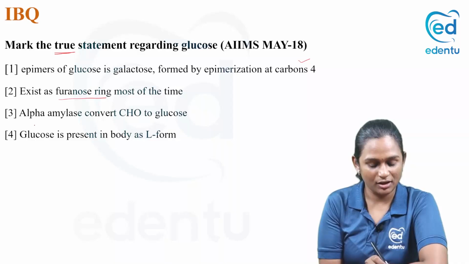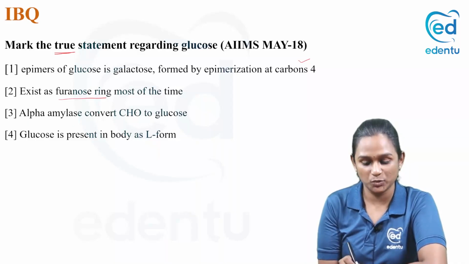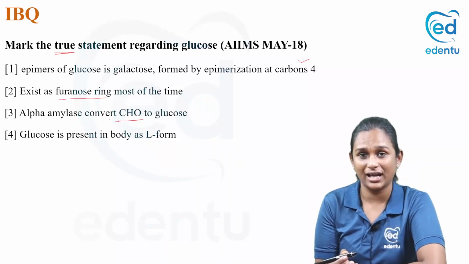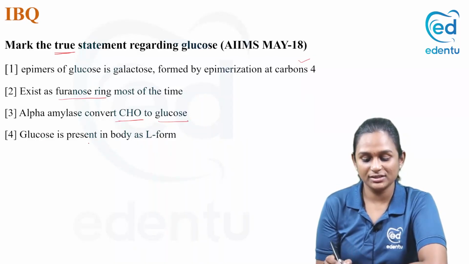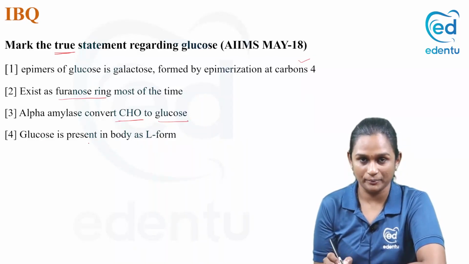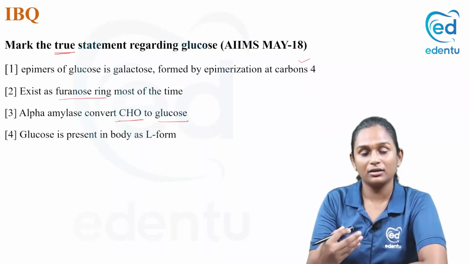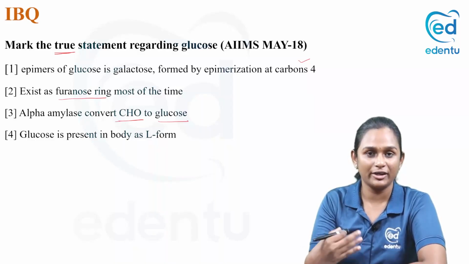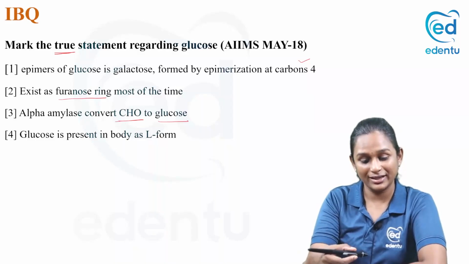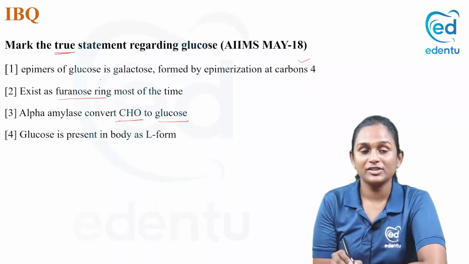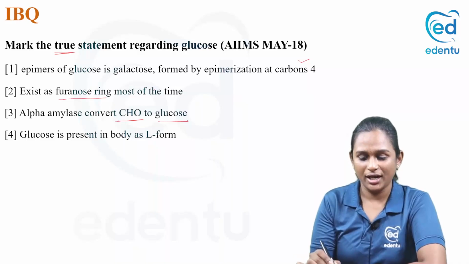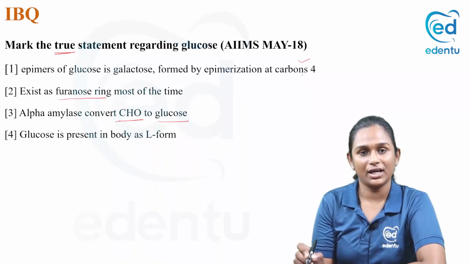The next option is alpha amylase converts aldehyde, the CHO is aldehyde, to glucose. Glucose is present in the body as L form. So we will rule out the options one by one when you get these kinds of questions. First we will start with: epimer of glucose is galactose and it is formed by epimerization at C4 carbon